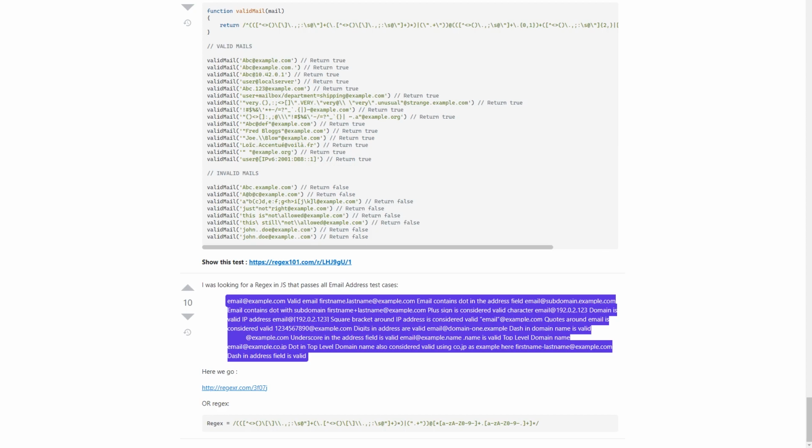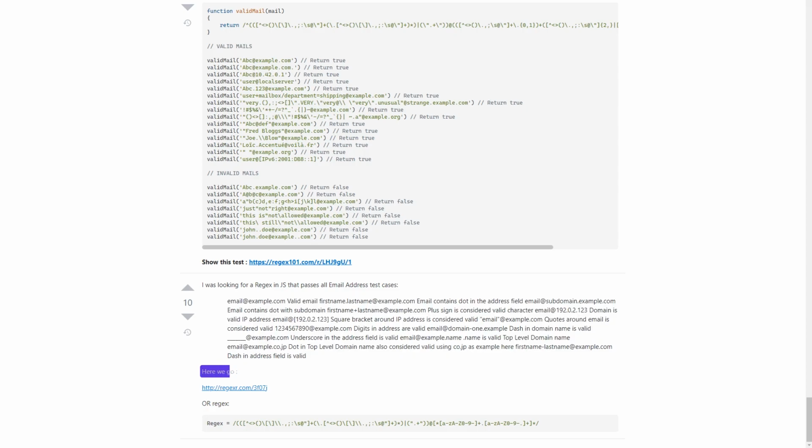1234567890@example.com: digits in the address are valid. email@domain-one.example.com: dash in domain name is valid. _______@example.com: underscore in the address field is valid. email@example.name: .name is a valid top-level domain name. email@example.co.jp: co.jp in the top-level domain name is also considered valid. firstname-lastname@example.com: dash in the address field is valid. Here we go: http://regexar.com/